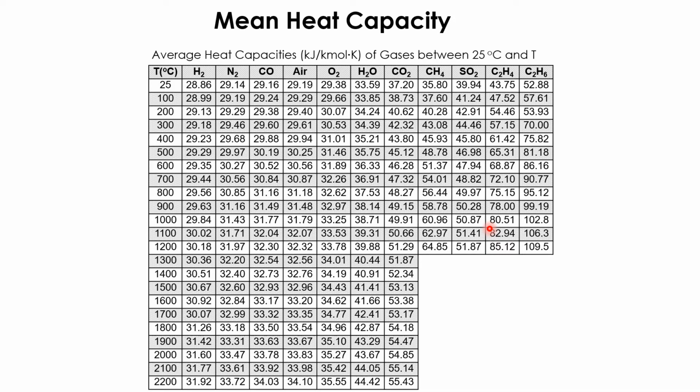These slides show an example of the mean heat capacity of selected gases that are normally involved in the combustion reaction. More detail on the Cp data can be found in the chemical properties data. You can go to Perry's Handbook of Chemical Engineering, and some of the information is also provided as a supplement to this teaching material.